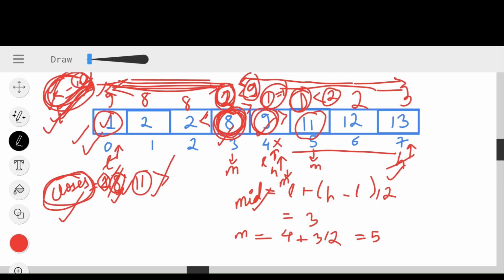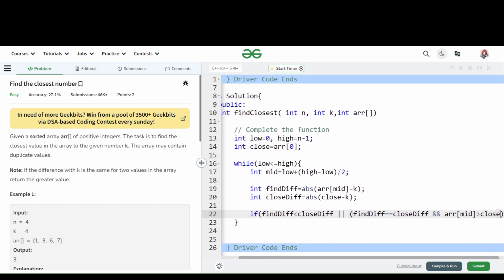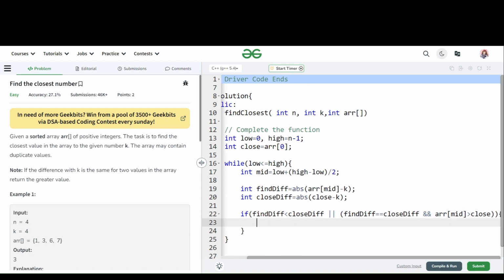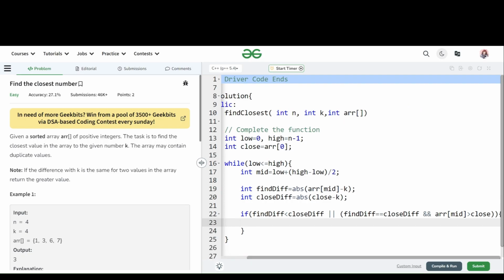And the moment I was getting the same difference, we were checking for another condition, whether it is a greater value or not. So for that, we will check if my find difference is equal to close difference, and we will also check if my array mid element is greater than the close value or not. If it is greater, that means I will take this element as my closest value. So update my close to array of mid.